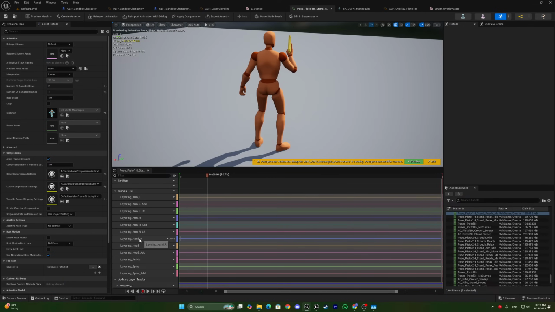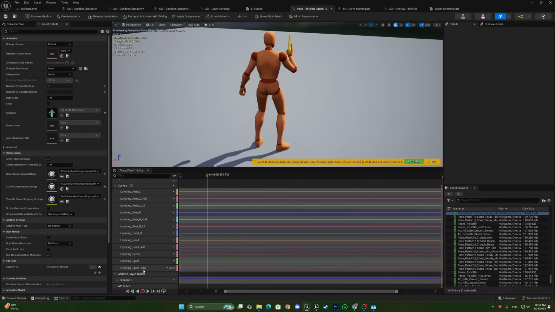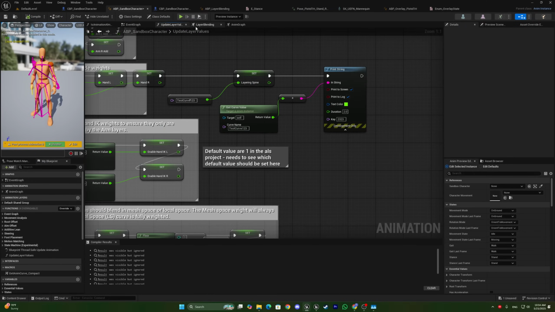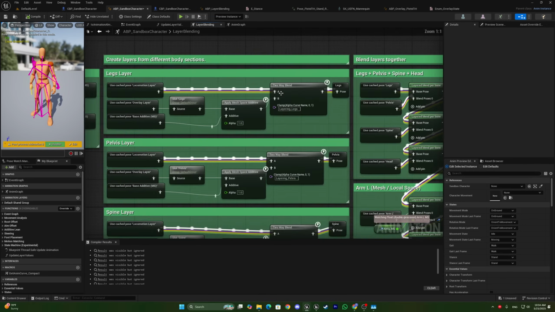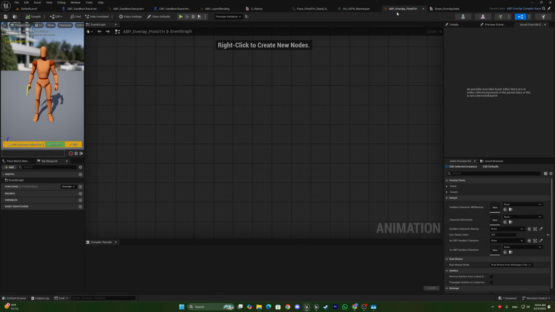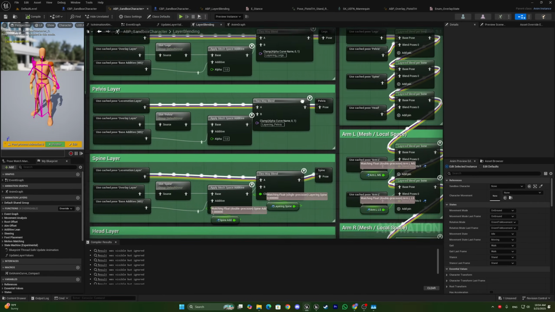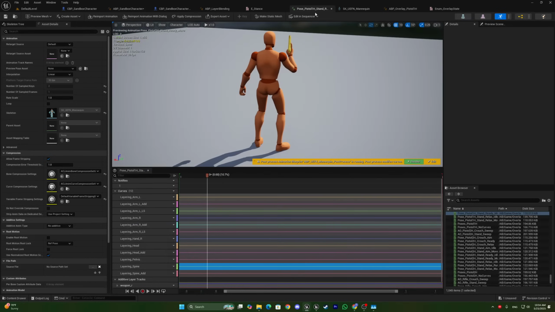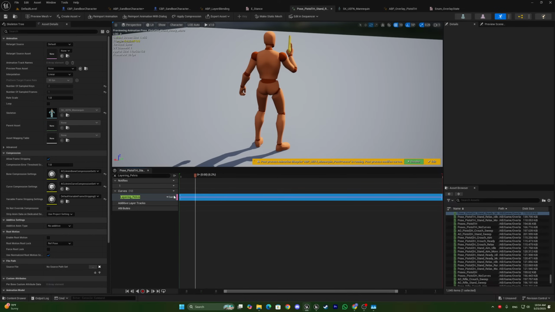So let's take a look at the layer blending. Let me see if we have the layering legs curve, as in this one right here. No, we do not have it. Let's see, layering pelvis maybe. Do we have the layering pelvis curve? Yes, we do. So as you can see, if you search for the curve name,